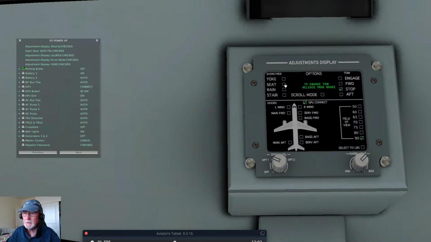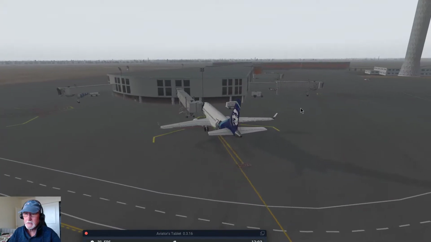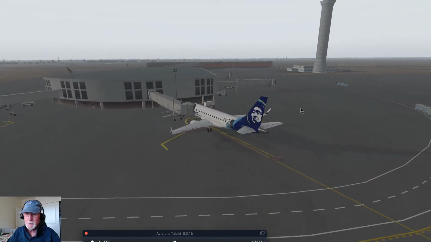Turn off the yoke in the seat so we have a little bit better view. We're going to select scroll mode so we have access to the mouse. We're going to select pounds, and let's go ahead and open up the aircraft so we can get passengers on and baggage loaded. Go back out, and we've got the doors open,